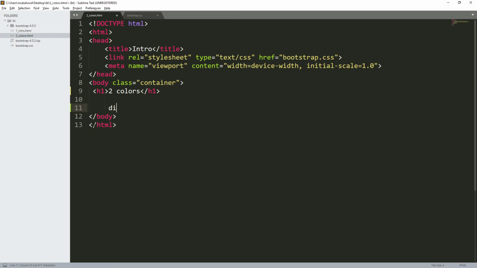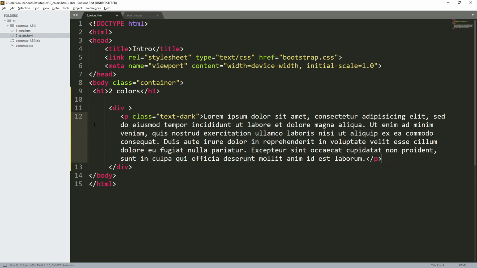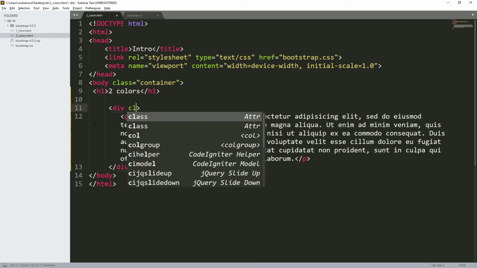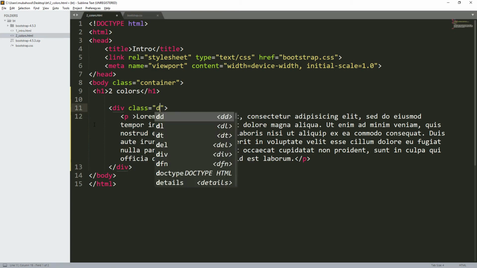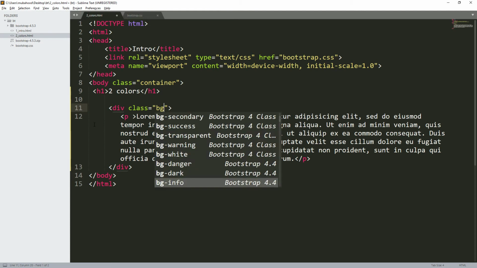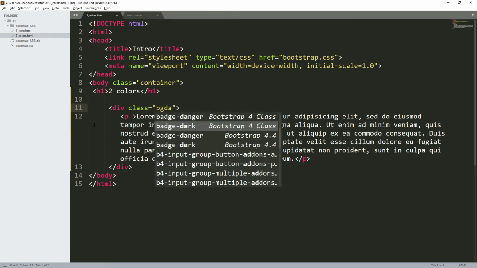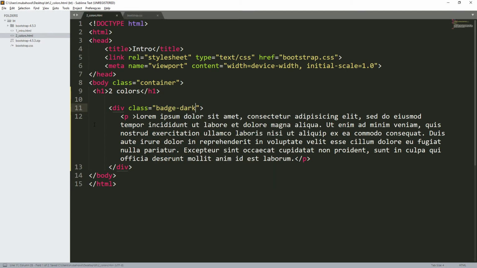So I can give here a div. It will be the same colors. Assume that I want to create the dark mode. I'll just give a class and say bg, bg dark. So bg dark, of course, by doing that it will have the dark text. So it will intelligently know that